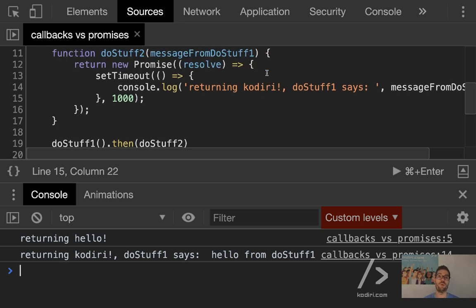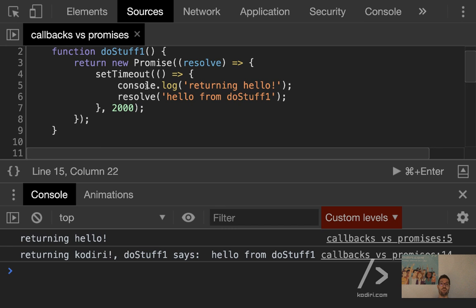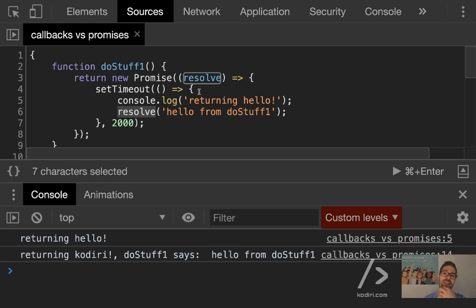No? Right. One more thing. Promises can be resolved. It means that everything was okay, but they can also be rejected. Yeah? What that means? Imagine that do stuff one receives a number.